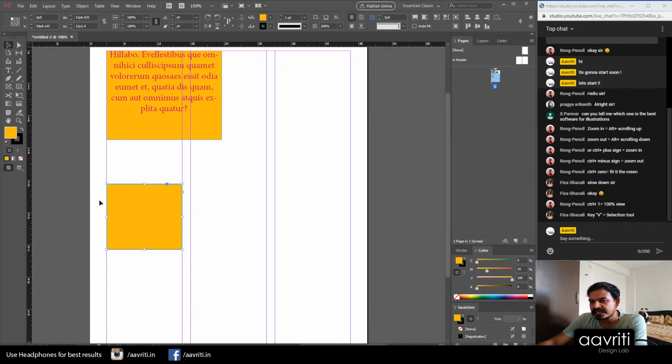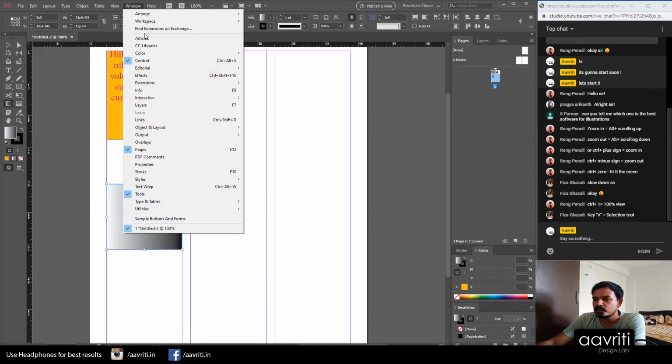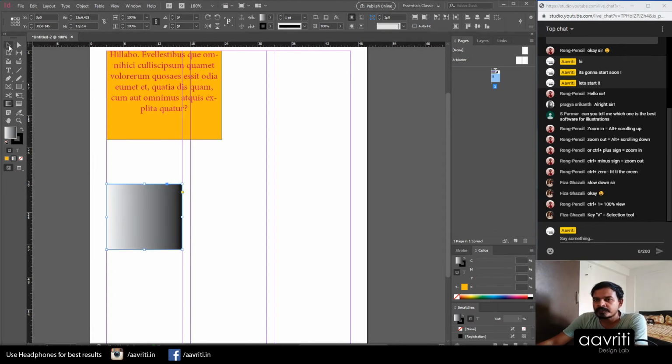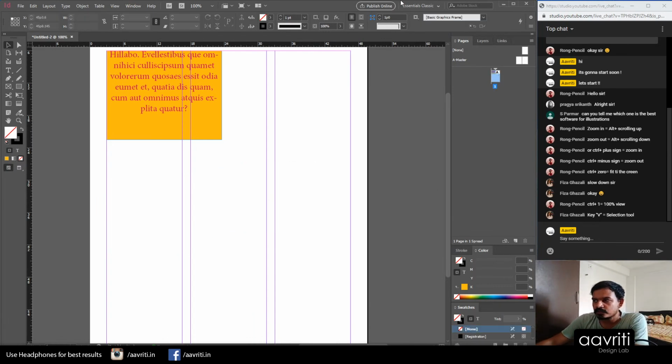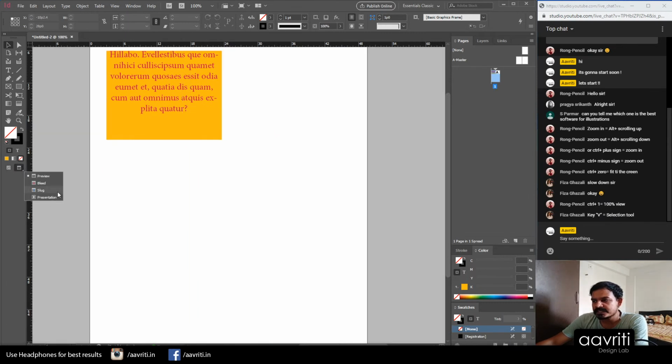Now if I want to choose a gradient inside, I can simply click on this gradient, and by default it's gonna apply a gradient of black to white. Now we can further play around with the gradient by clicking on the gradient tool and then opening up the gradient panel and working with it. So under Window, you can look for a gradient window, it is there. But right now let's not deviate from it. We can control this gradient as much as we want, but right now let's just complete the tour of the interface. Now below that we have the normal window mode, and we have a few different viewing options available to us, which allow us to see bleed, slug, and a presentation